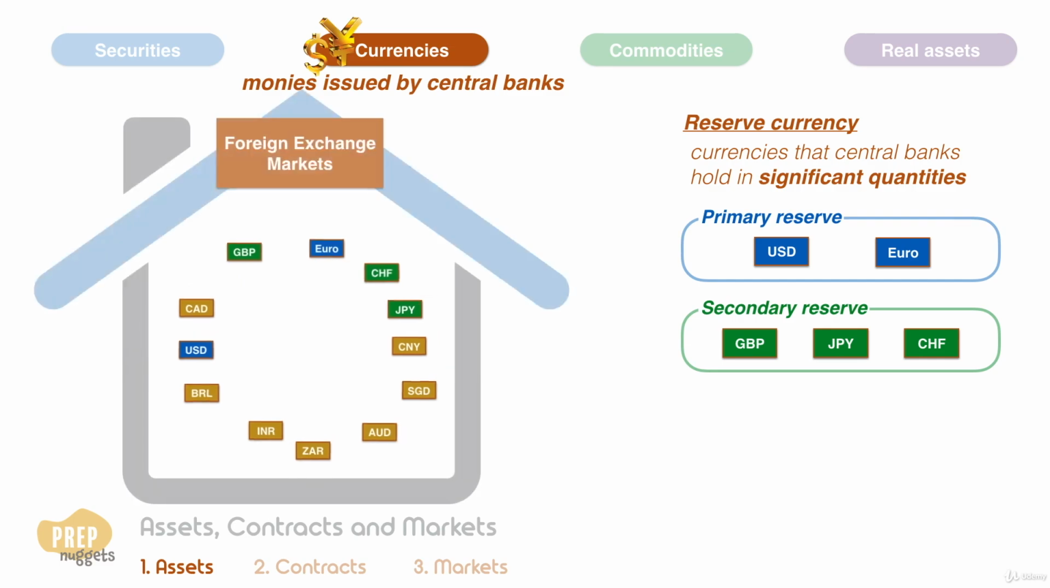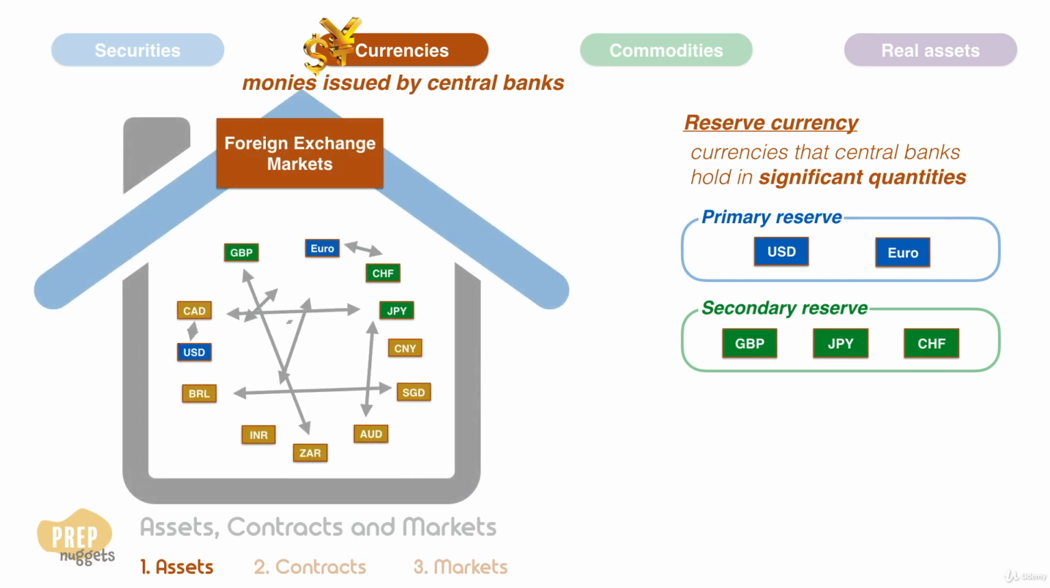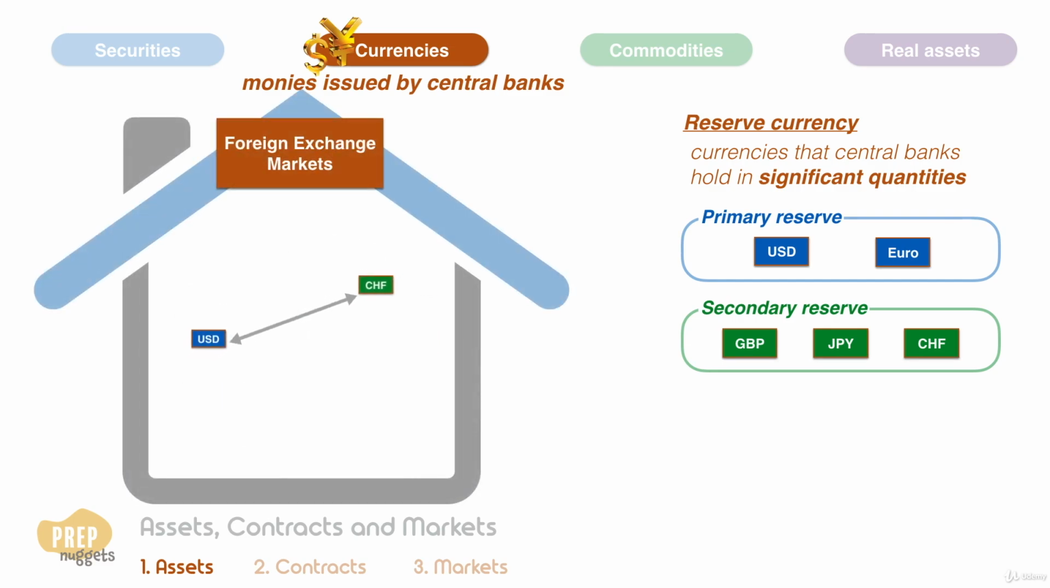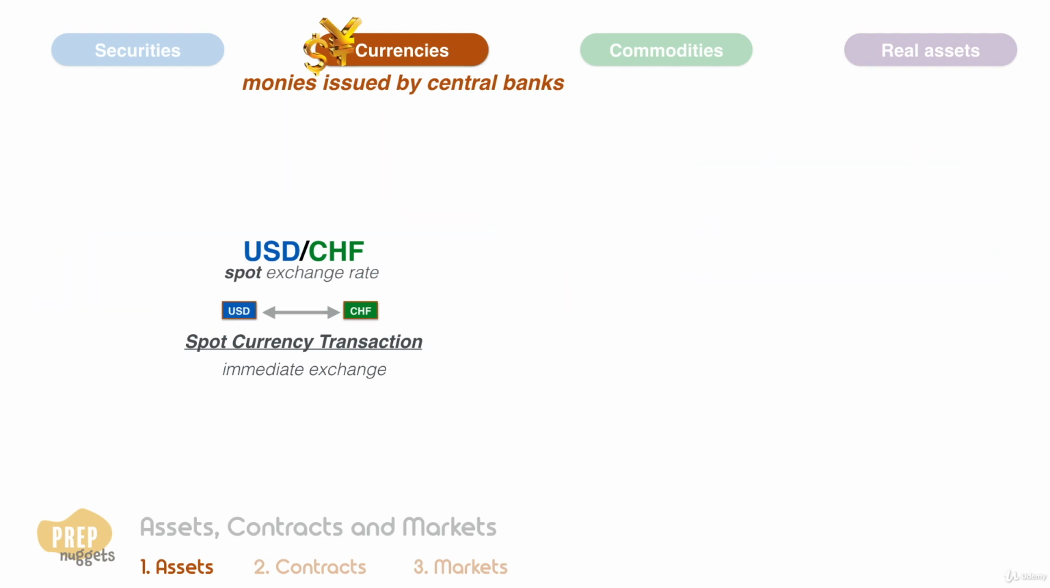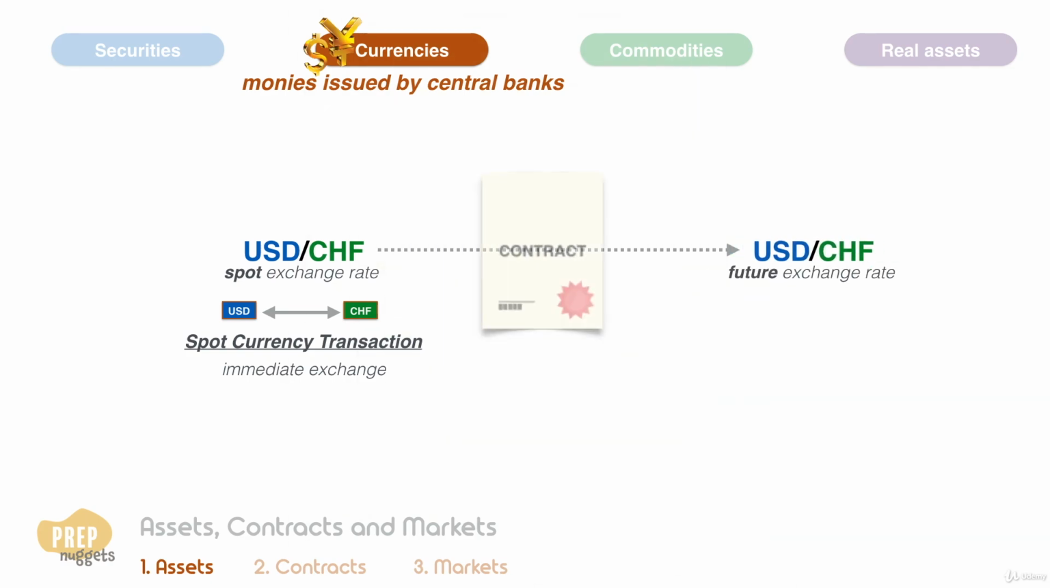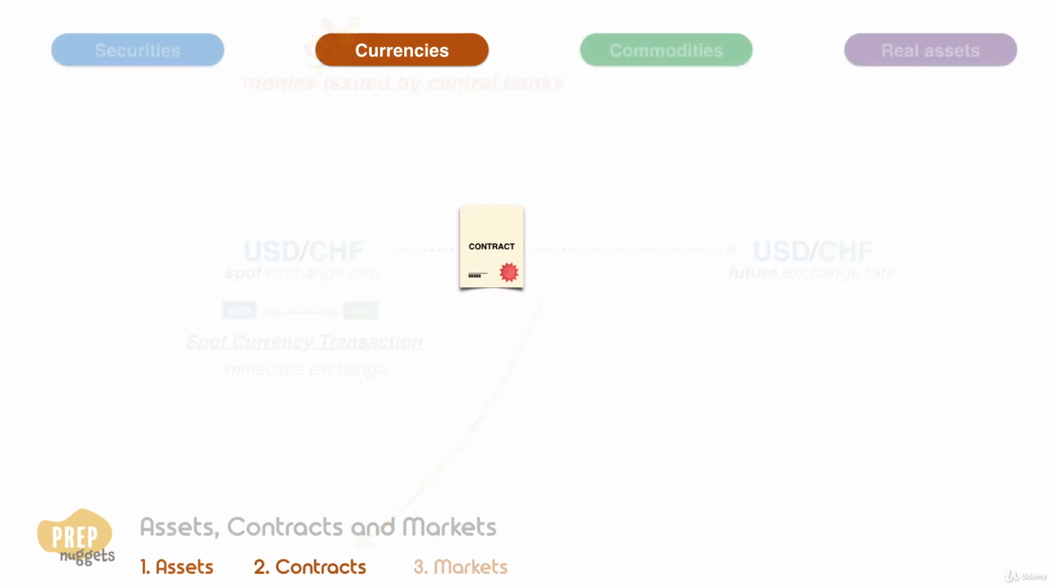Currencies trade in foreign exchange markets. In spot currency transactions, one currency is immediately exchanged for another. The rate of exchange is called the spot exchange rate. Now, exchange of currencies does not need to be transacted immediately. Two parties can agree on a fixed rate to exchange at on a date in the future. This can be arranged by means of a contract, which we will skip ahead to for now to explain financial